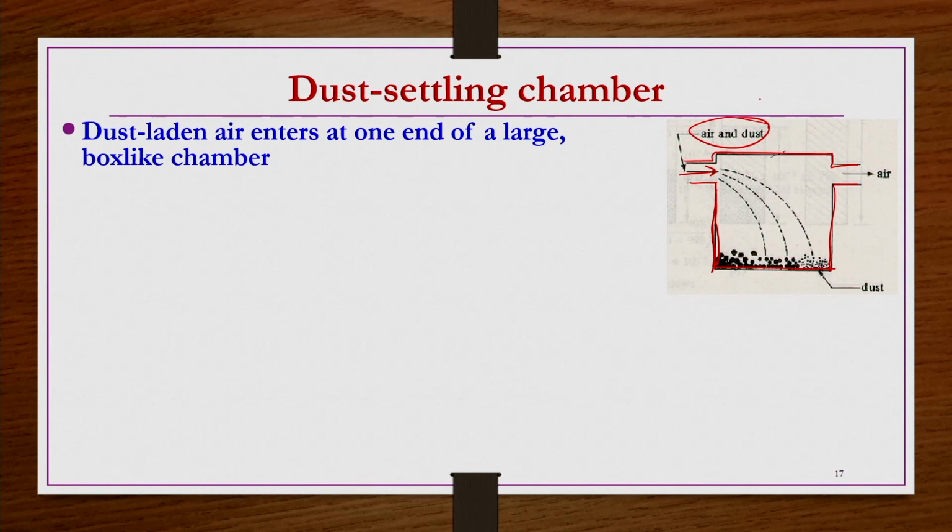So, the particles which have a bigger size and heavier density may have a higher settling velocity. So, obviously, when they enter this chamber, they will settle close to the wall on the inlet side of the chamber. This is the inlet side of the chamber. Towards this side, the coarse, heavier particles will settle, because their settling velocity is very large,